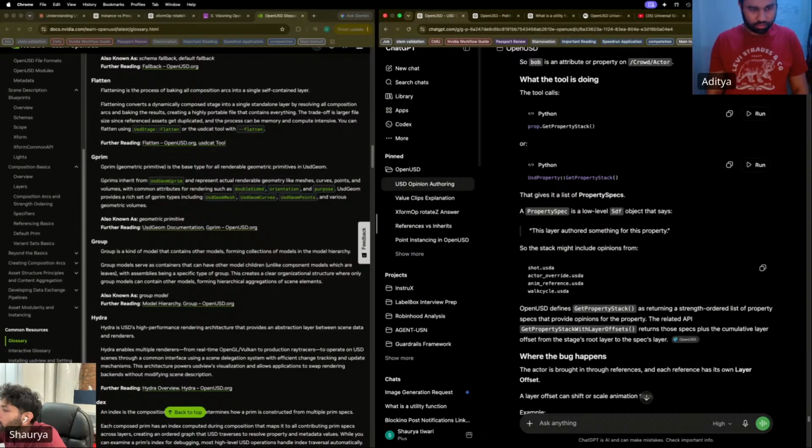A property spec is a low-level SDF object that says this layer authored something for this property.